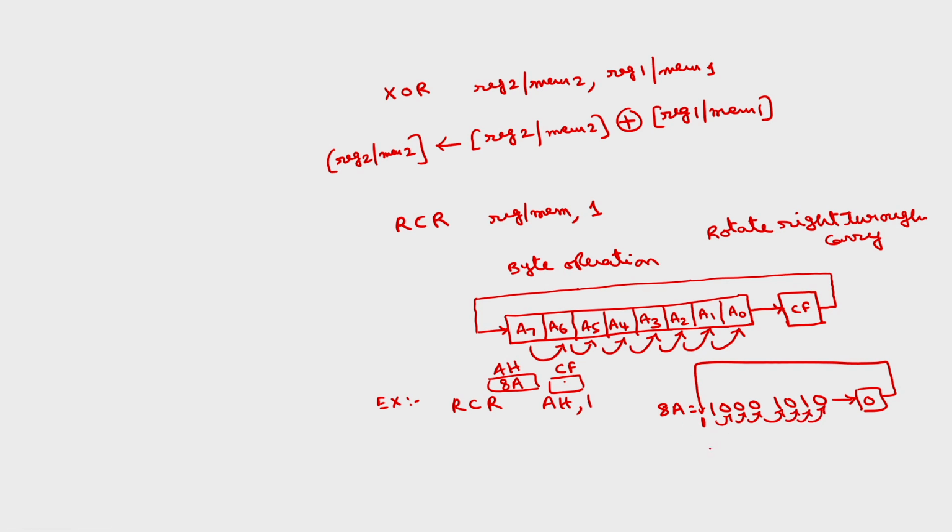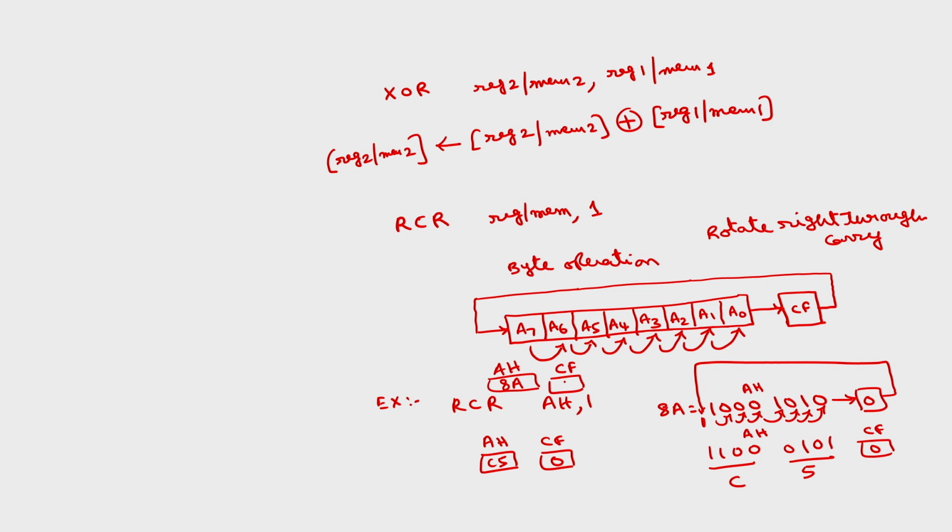So, like this. What will be the contents now? After this, this becomes 1100 0101. This one, the last 0 has been entered into this carry flag. This will be contents of AH. These are the contents of the AH before the rotate instruction, and this is after rotate instruction. And what happens to carry flag? It will be reset. So, this will be C5. So, contents of AH will be C5 and carry flag will be reset. This is how this rotate instruction will be executed.